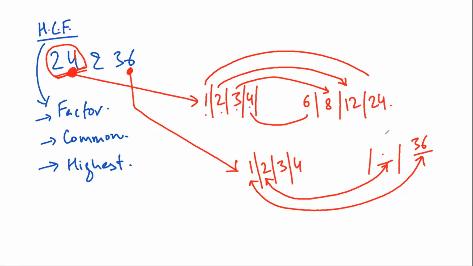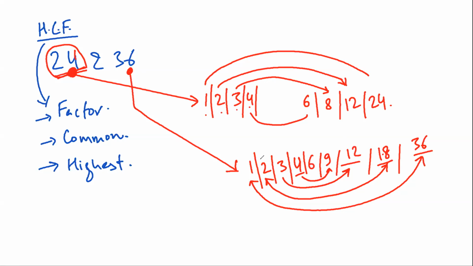So 18. Okay. So 12. What should I write here? 9. Is there any other factor between 4 and 9? So 6. Now, is it clear that the factors of 24 are 1, 2, 3, 4, 6, 8, 12, 24,